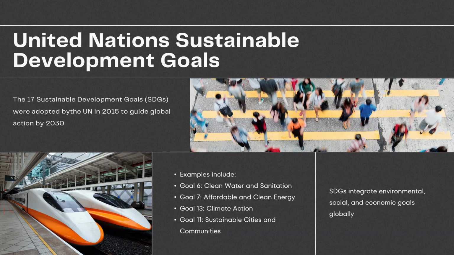Goal 13 is climate action. If there's a large number of vehicles in an area, that place might decide they're going to invest more in public transportation, such as rail or green buses, in order to reduce the number of vehicles that are emitting carbon on the road. And Goal 11 is sustainable cities and communities. This can include adopting walkable cities or creating more green spaces within the city to absorb more carbon.